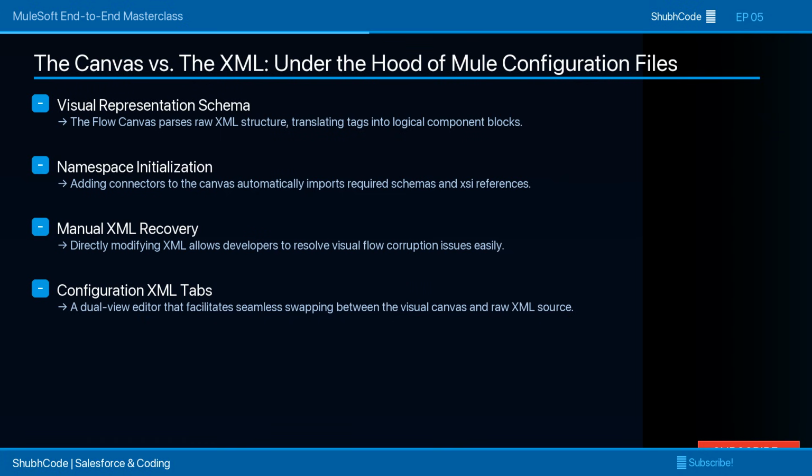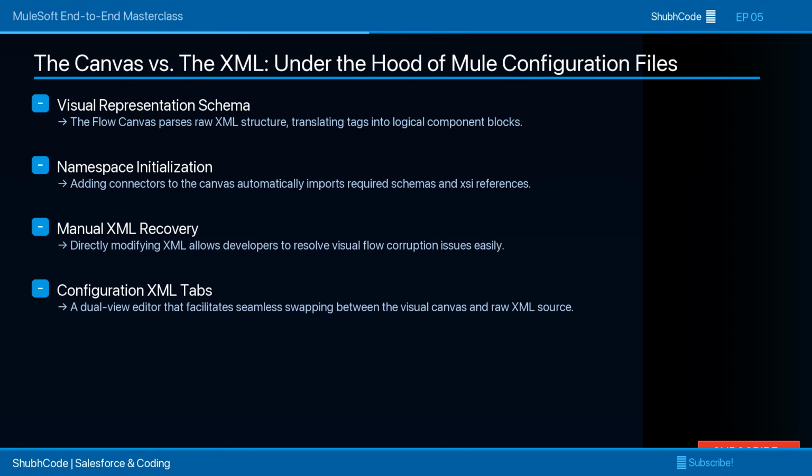Understanding this structure is critical because sometimes the visual designer will bug out or corrupt your flow structure. When that happens, a senior developer doesn't panic. They switch directly to the XML tab, find the orphaned or duplicate element, clean up the tags, and switch back to the canvas. Writing clean, manual XML modifications is a superpower that will save you hours of rebuilding broken visual